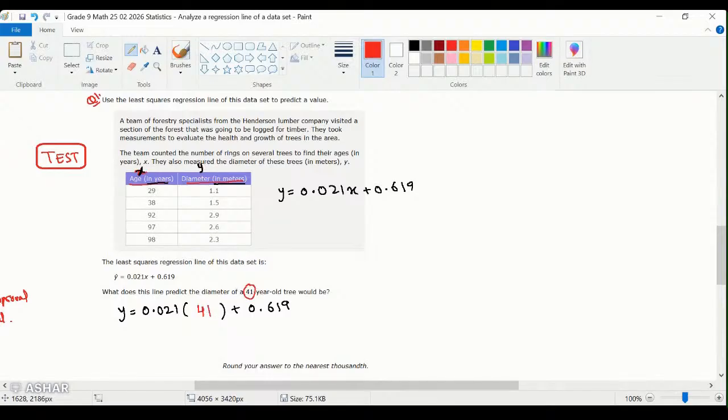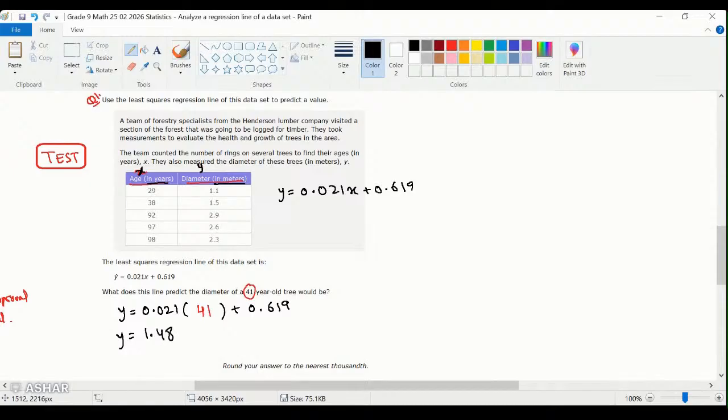So we can say 0.021 into 41 plus 0.619. 0.021 into 41 plus 0.619, and it comes out to be